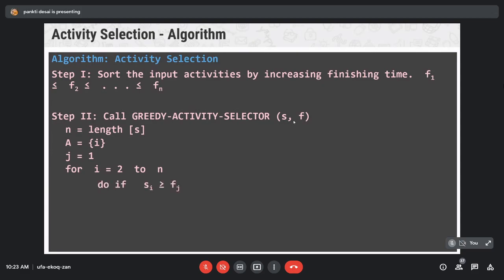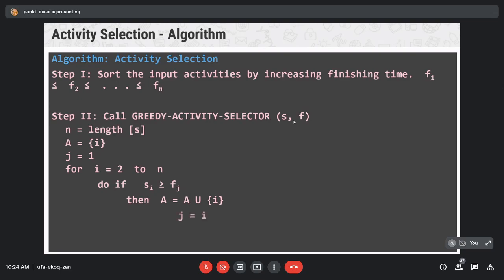Then check if Si is greater than or equal to Fj. It means it will check whether the next activity's starting time is greater than the current activity's finishing time. If it is true, then it will select the next feasible activity and put it into the final selection set.